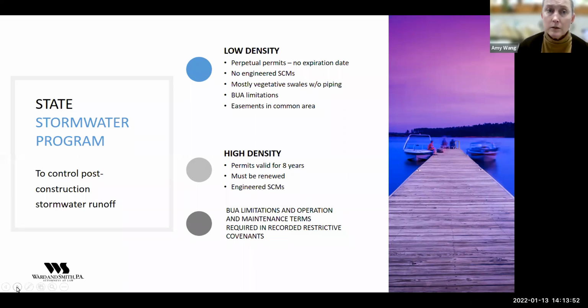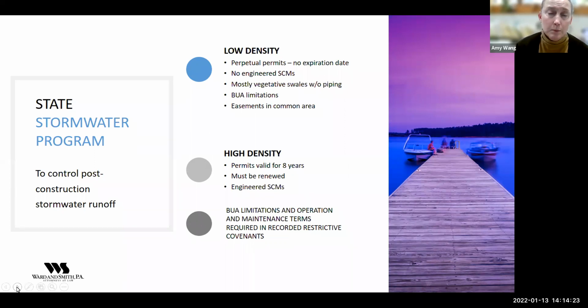Those are the swales. And then there are built upon area limitations, which limit the amount of impervious surface that can go on either individual lots, per lot or per grouping of lots. And then there's also an overall community built upon area limit, which is usually a percentage. Those work in tandem to try to manage the stormwater and the pollutants that flow with it. There are also easements that are required.